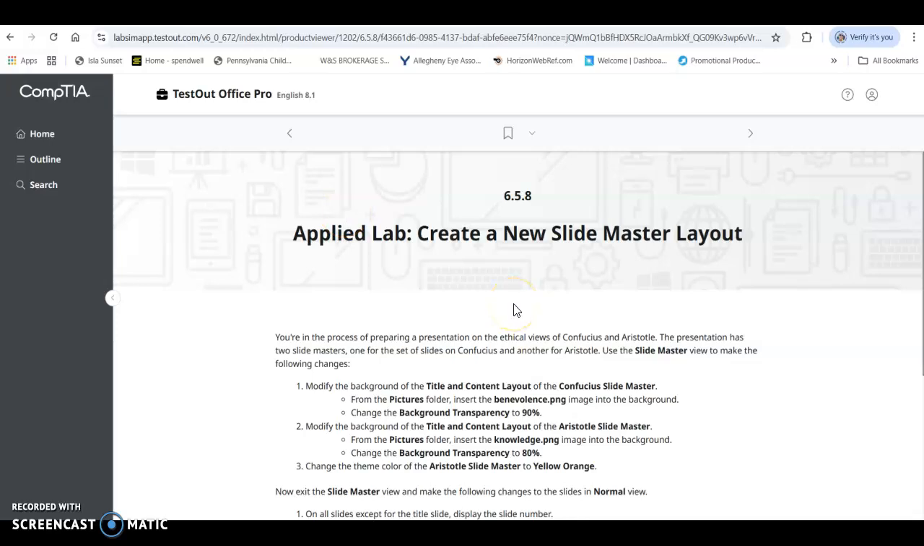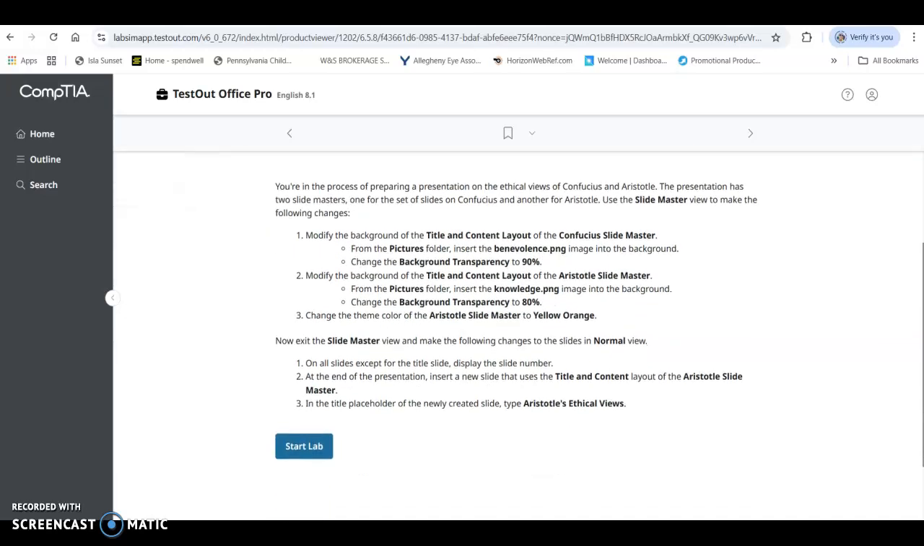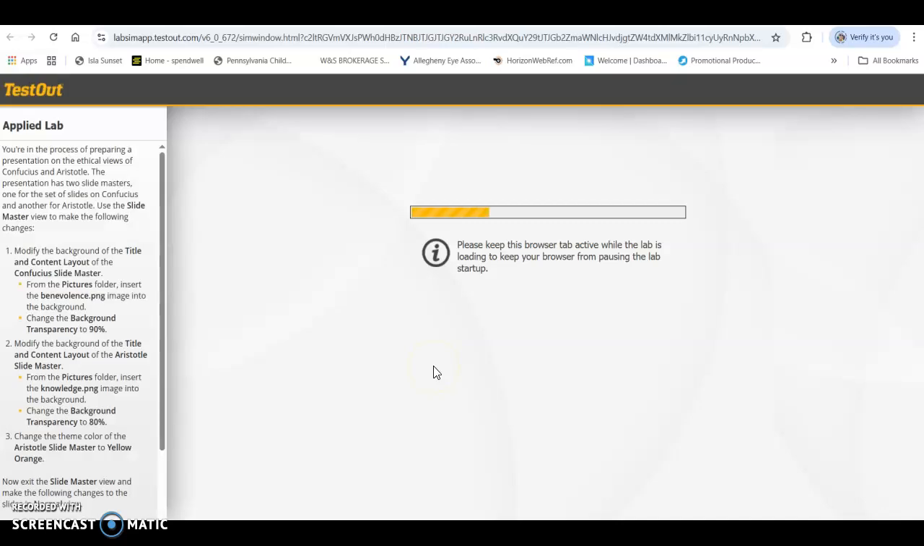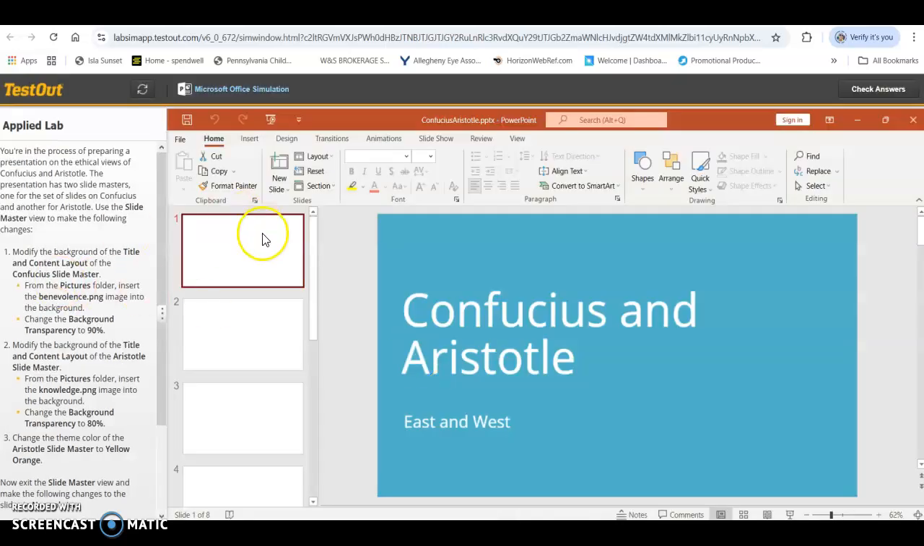All right, this is the applied lab for 6.5.8, which is creating a new slide master layout. Same as before, we'll go through a couple of steps and check our work along the way. All right, in this one, it's asking us to modify the background of the title and content layout of the